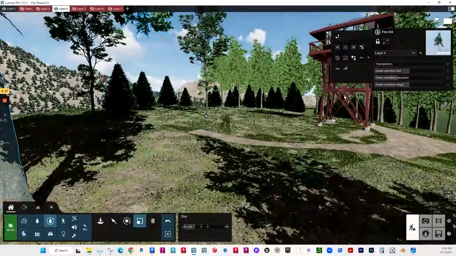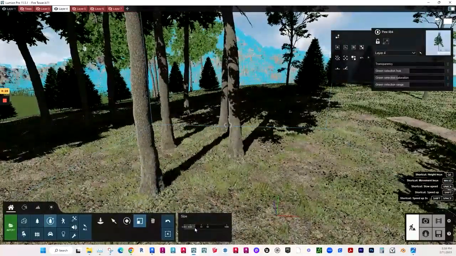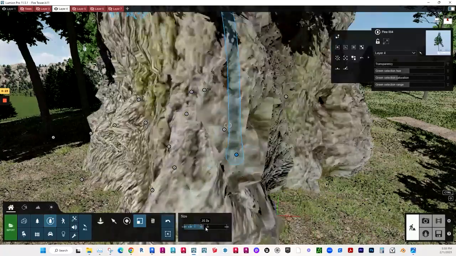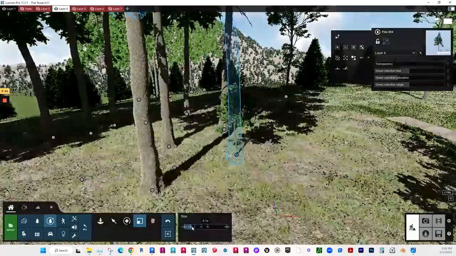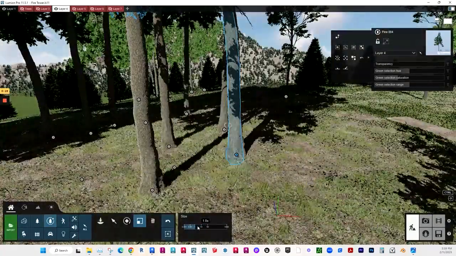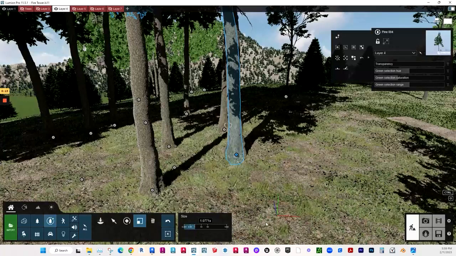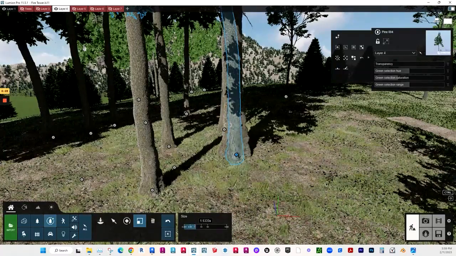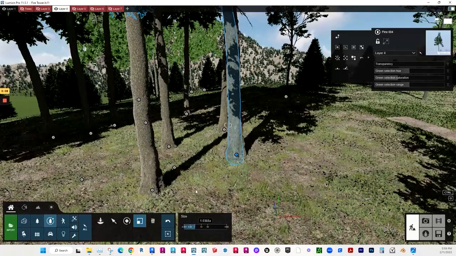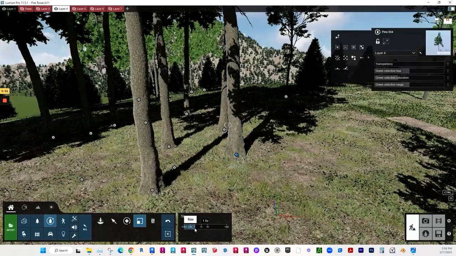And when we scale, that's pretty self-explanatory. However, it's really hard to control how much you want to scale if you're just sliding this. So what you can do is hold down Shift and slowly scroll. So now you have more control. Again, that's Shift. You hold Shift, or you click, you hold Shift, and